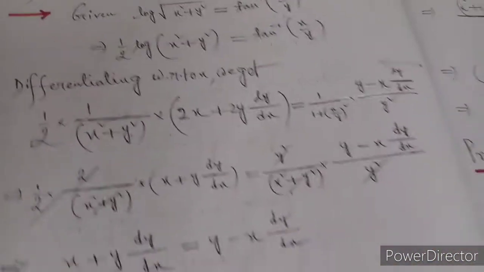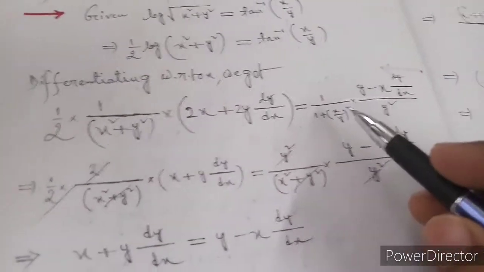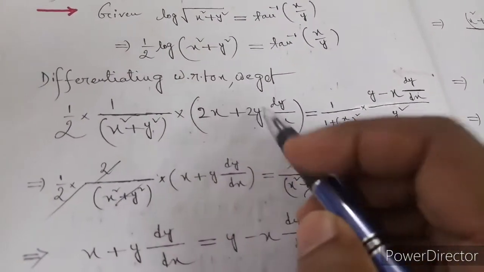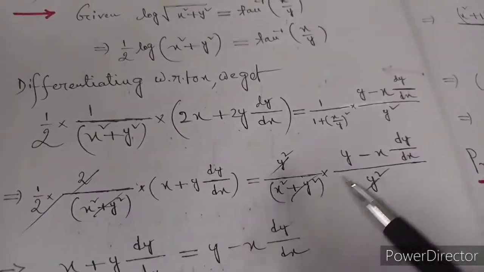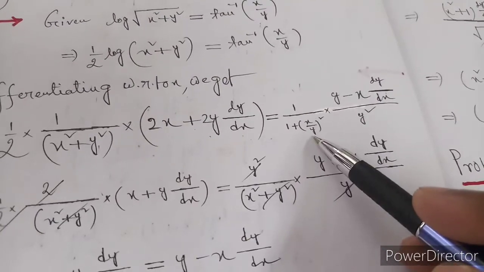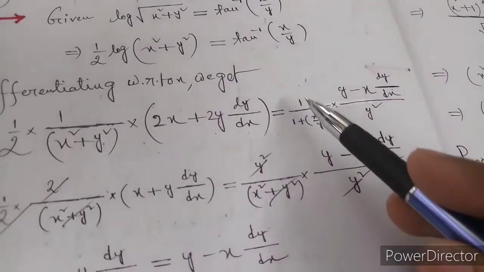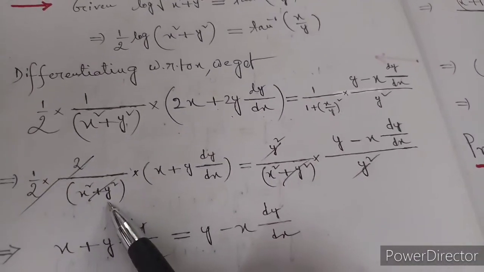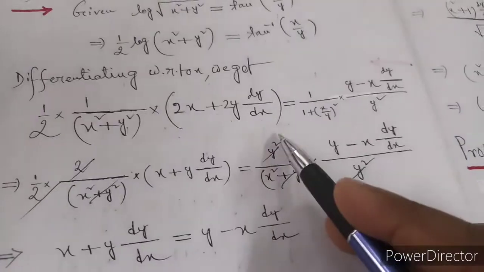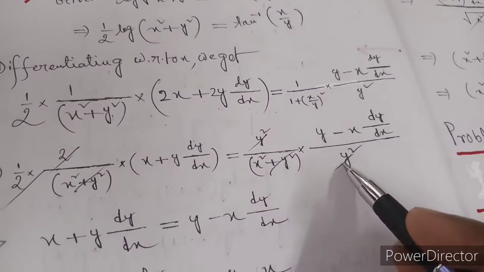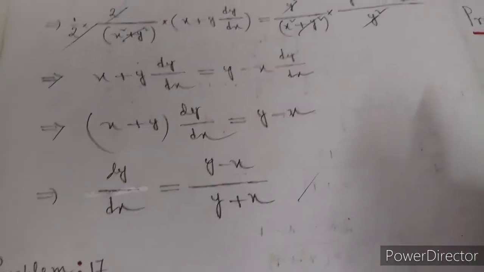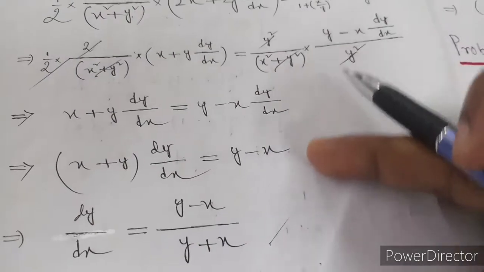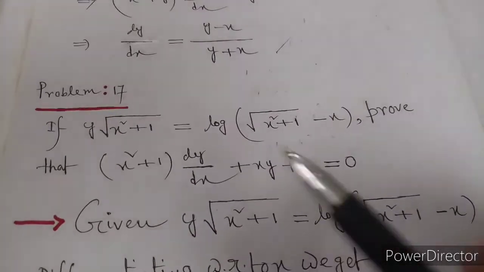Clear? Now if we simplify this, the 2 cancels out. Clear? And if we simplify this one, we get x square plus y square by y square. Sure? This x square plus y square cancels out. Clear? And this y square, this y square and that y square cancel out. Clear? So after simplification we get your result. Check the calculation. Simple 3 steps. Check the calculation.